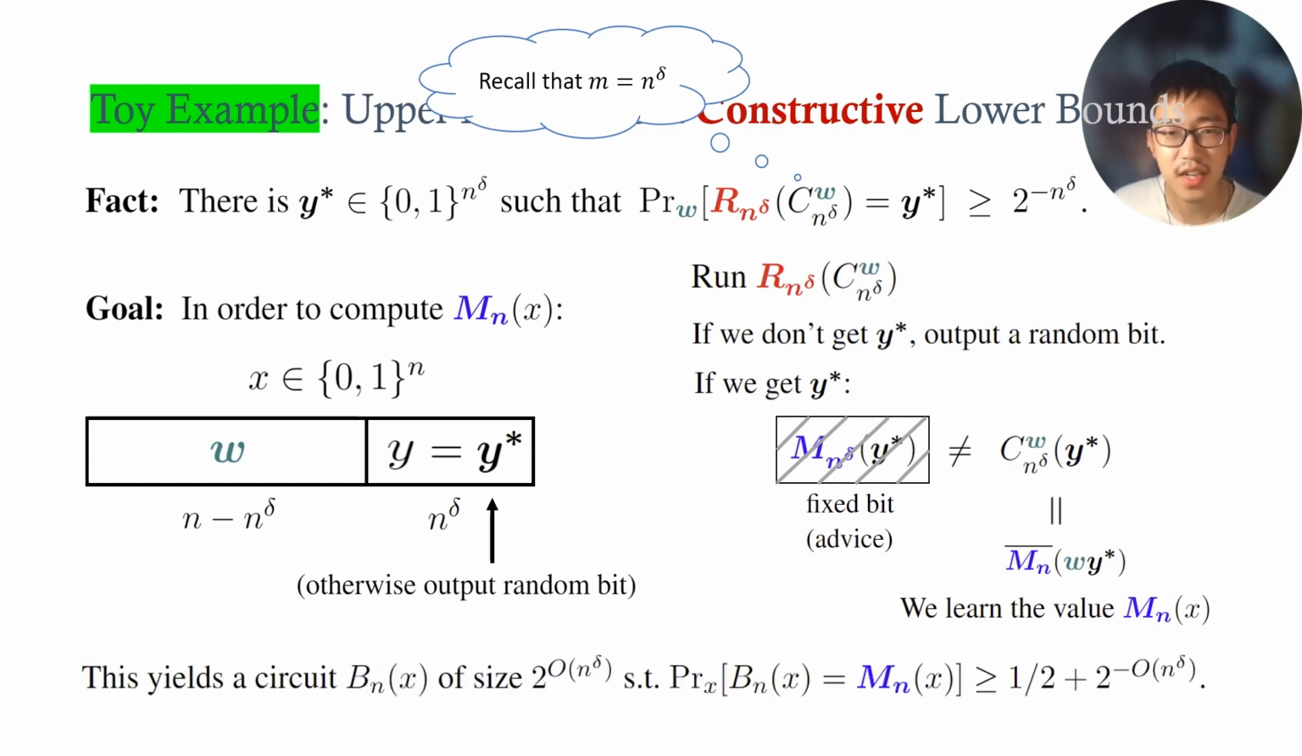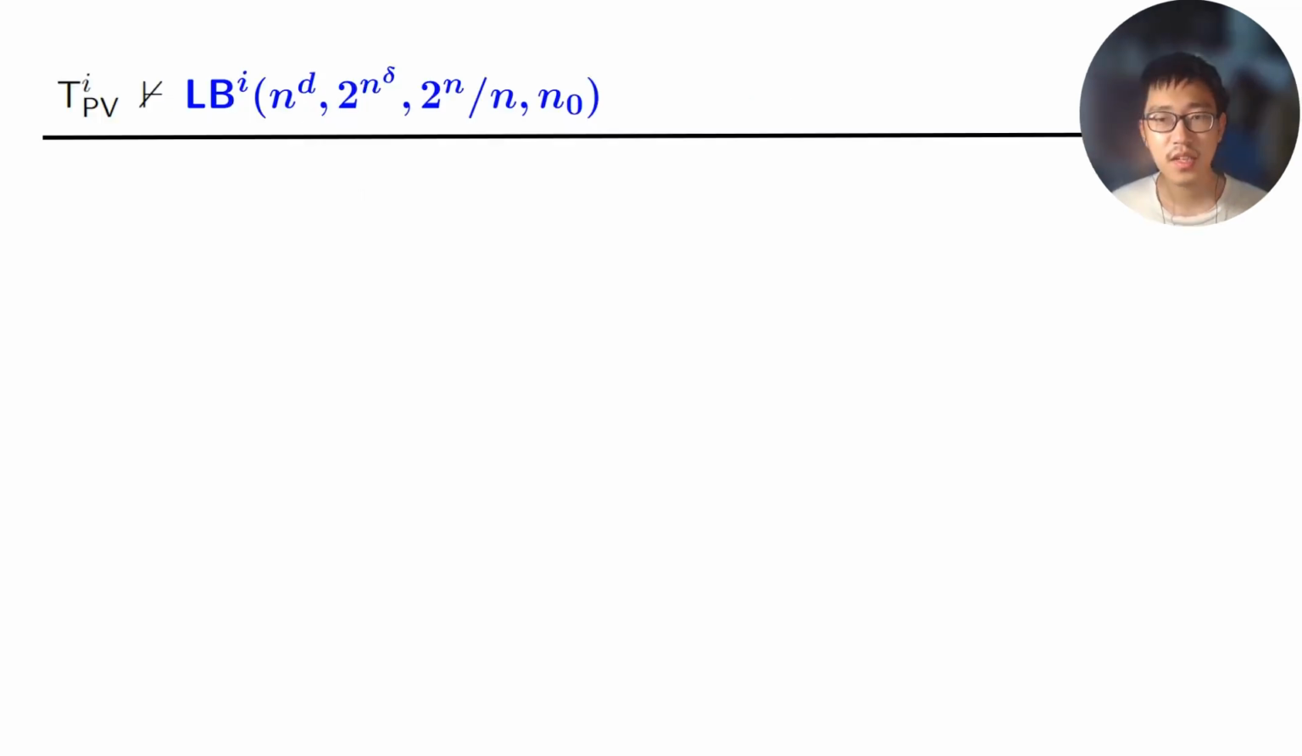This yields a circuit B_x of size 2^(n^δ) that can approximate the non-deterministic machine M with a 2^(-n^δ) advantage. This contradicts the original lower bound. Given the intuition from the toy example, let's take a closer look at the proof of the unprovability